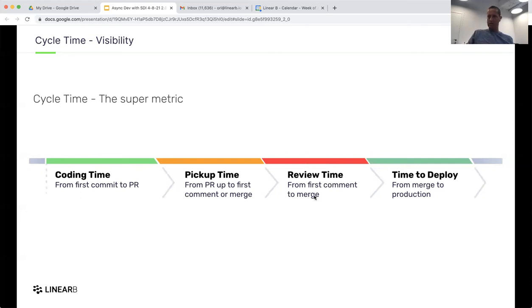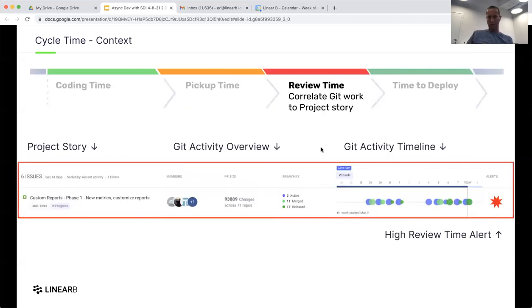Let's talk about review time in this example. Review time, we explained what it is. So if you have visibility, which is the first element of software delivery intelligence, you will know, hey, my review time week over week is, I don't know, 2 days or 3 hours. But you have a baseline. Remember, it's not that 2 days is bad and 3 hours is good. Start and understand where you are and try to improve it if you think it's important. And it is important for review time, and pickup time and all of those elements. So let's say I know my review time, week over week, iteration over iteration, and I know what that number is. And now it's a great start because I know I need to improve it.